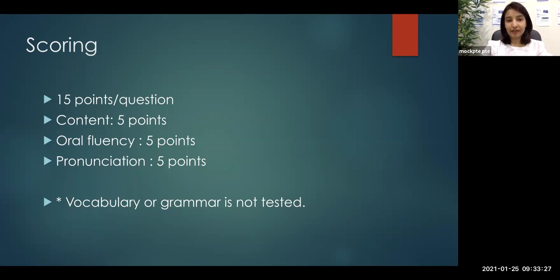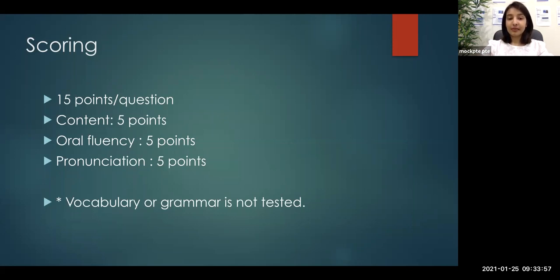Just so that you can cover 30 seconds, you can repeat the same keywords. So for content, when you listen to the audio, try to take around 10 to 15 keywords and use those words in your answer while you speak. Even if it doesn't make sense, even if it is not meaningful, even if the sentence structure is wrong, even if your vocabulary is very simple, it doesn't affect your scoring in this particular task, Retell Lecture. But then again, I'm telling you guys, this doesn't mean you have to say a grammatically wrong sentence. I'm just telling you this so that if at all you made a mistake, do not bother to correct it.